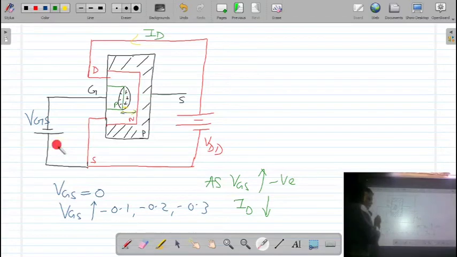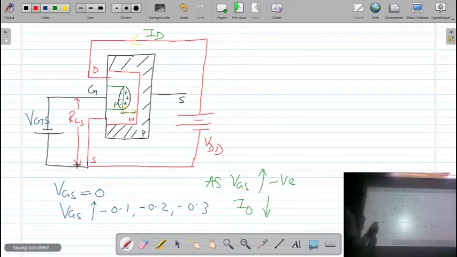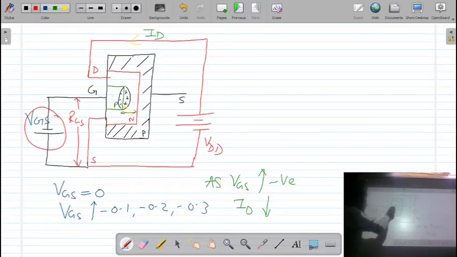What is called voltage operated? Now you can see that the gate is operated in reverse bias. This P-type material is connected in reverse bias. So the input resistance between gate and source is very large, because you know it is operated in reverse bias. If someone asks, sir, can we operate in forward bias? No. If you operate in forward bias, this gate is heavily doped.